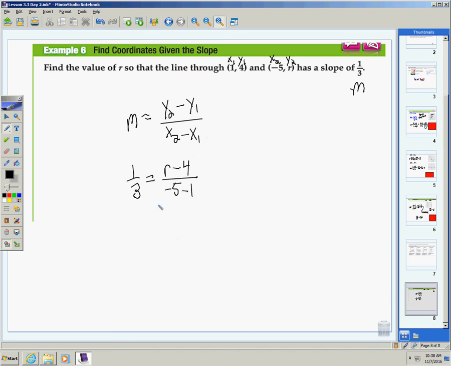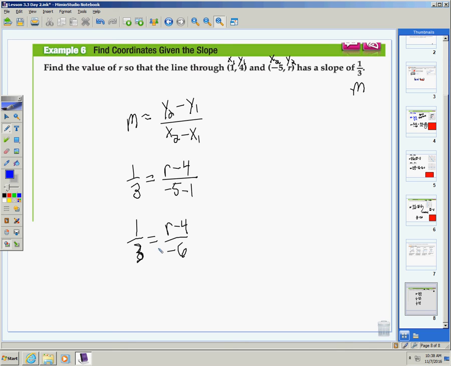And holy smokes, I've got two equal fractions. Hopefully you recognize that this is a proportion. I'm going to simplify it real quick. 1/3 equals r minus 4 over negative 5 minus 1, which is negative 6. And if only I had a way of solving proportions. Well, thankfully we do. And this is why we don't use cross multiply and divide, because it would not work